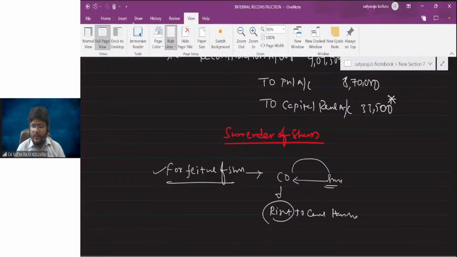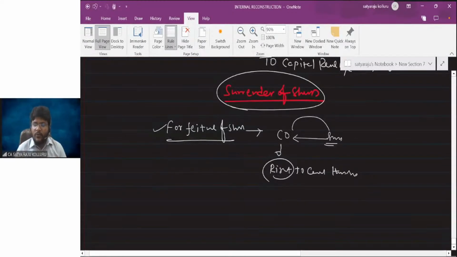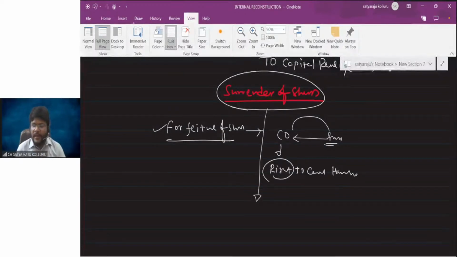Now here the thing is, the forfeiture concept is applicable when the shares are partly paid up, the company makes a call and the shareholder is unable to pay, and no amount needs to be paid back to the shareholder. Without that, the company can go for cancellation. Now, if you come to the surrender of shares concept, nowhere in the Companies Act 2013 is anything explained about it. That means, generally, the company does not have any right to ask the shareholder to surrender shares to the company.